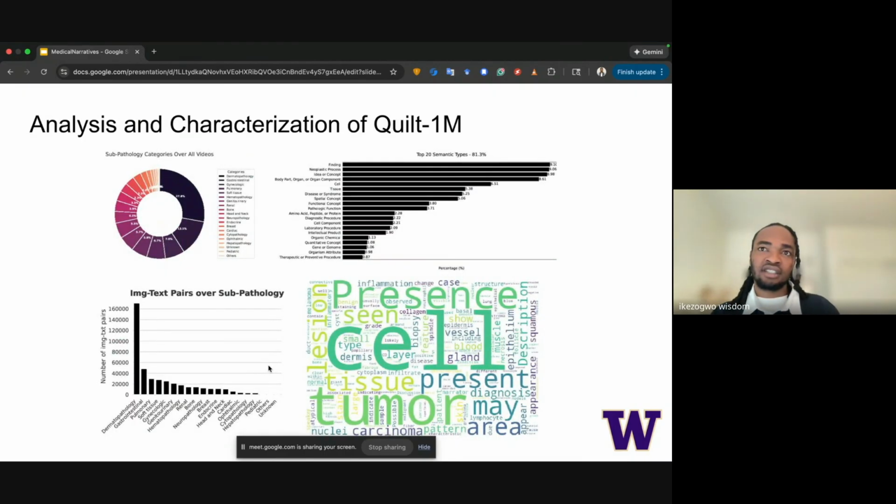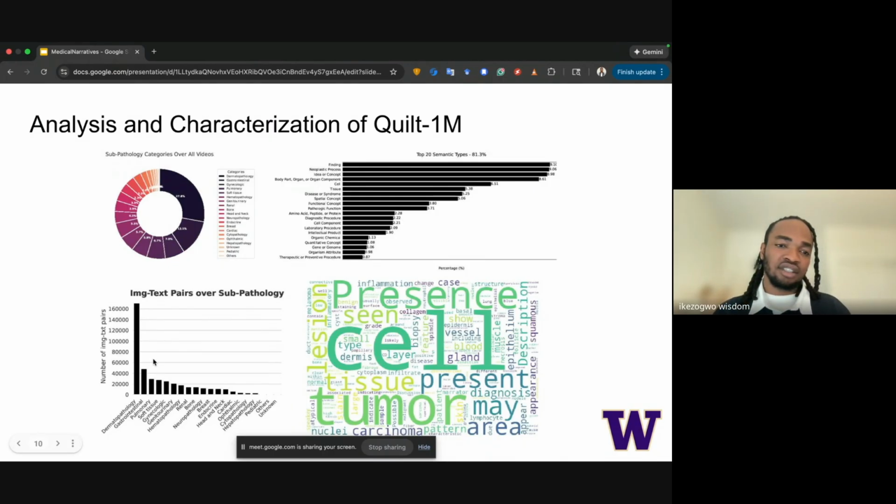Here we try to characterize the collected data. On top here, we see the distribution across subpathologies. We see that dermatopathology comprises a large chunk of our data set. I can say definitely that this came from 3 channels who had a very long history of teaching dermatopathology on YouTube.